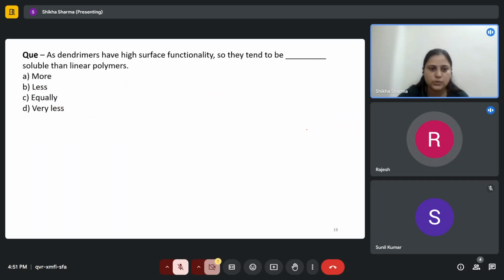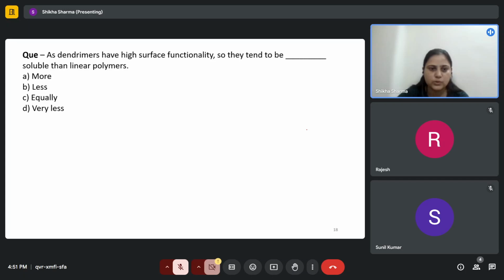So, let's move to the next question. As dendrimers have high surface functionality, so they tend to be dash soluble than linear polymers, more, less, equally, very less. So we know that the functionality increases when we go